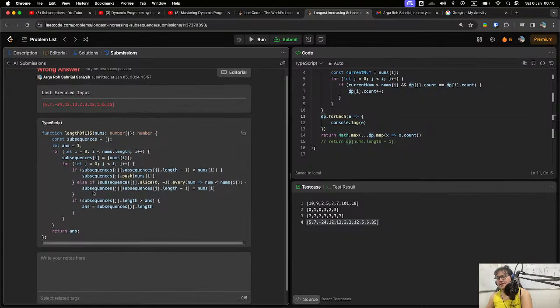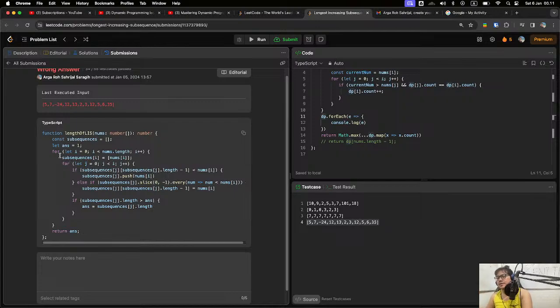I naively go through each element one by one, and then for each element from the beginning until the element before the current element that we are looping, we push the current element if the current element is bigger than the last element in the subsequences of each position.